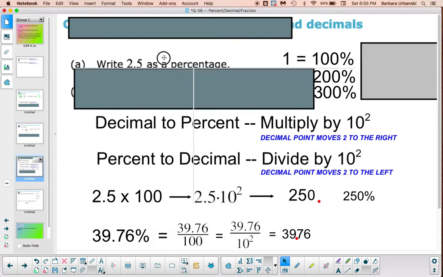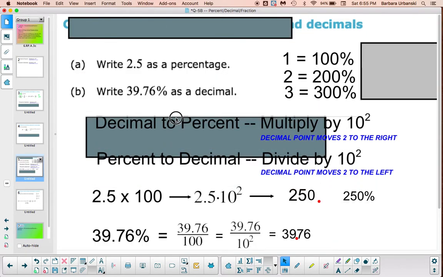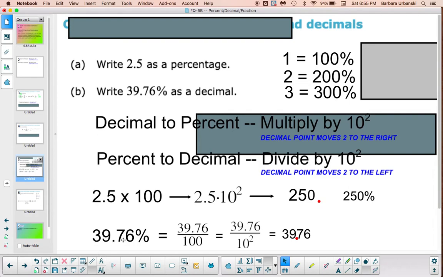You could definitely do the math. 39.76 divided by 100, because percent means per 100. 39.76 divided by 10 to the second power. Is your number getting bigger or smaller if you divide by 100? It's getting smaller. How many place values smaller? 2. And your answer would be